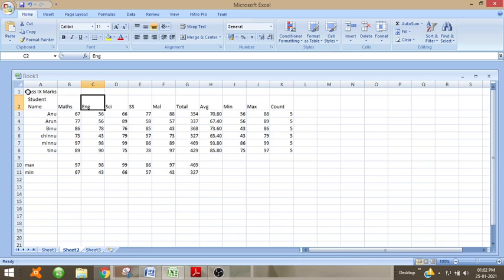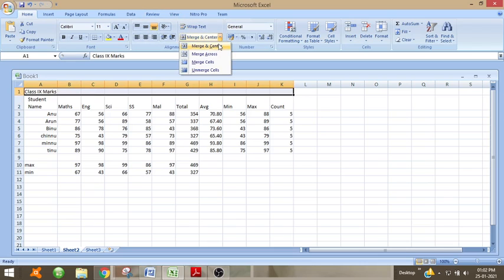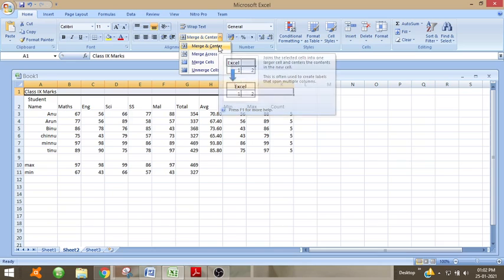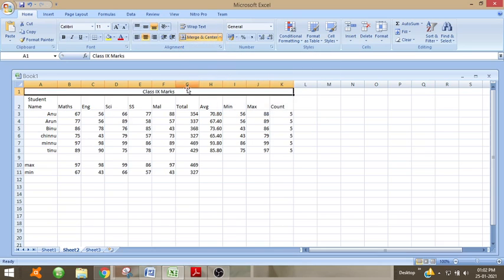So we can merge all the cells so that it can be aligned in the center. So merge and center, all the cells will be merged and the text will be placed in the center. Then merge across.